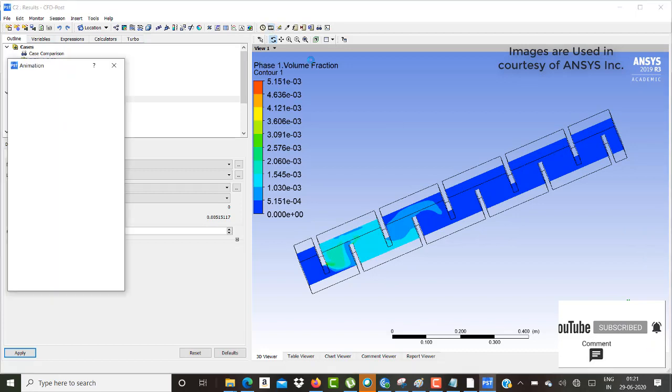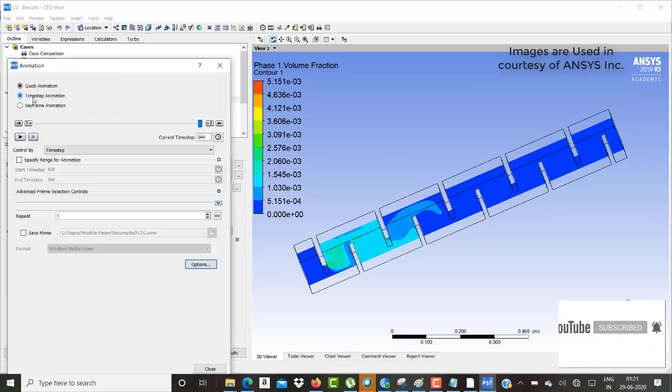Maybe with respect to time step also we can check how it is getting varied. I think you guys can see, right, how with respect to time the fraction of water is being generated.